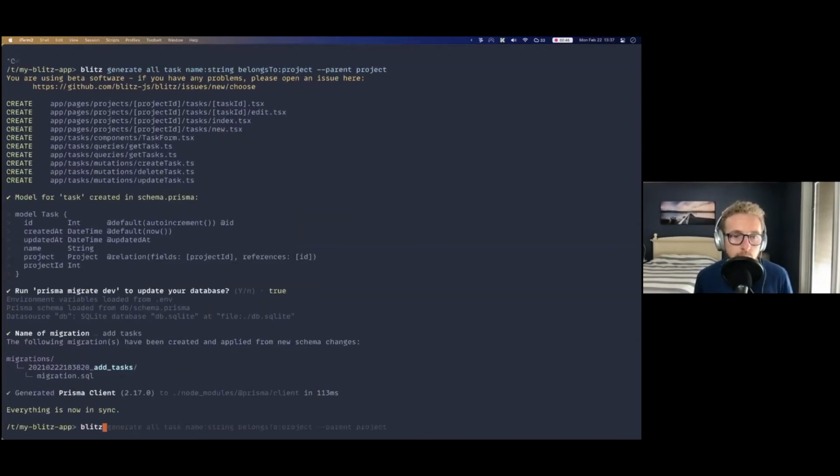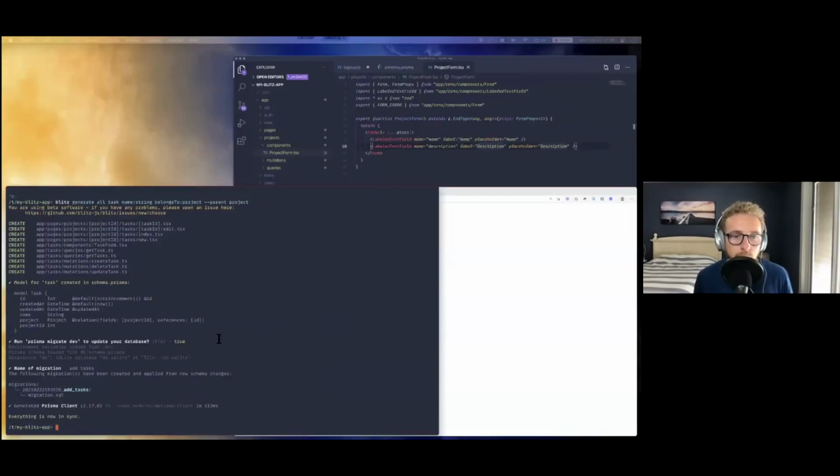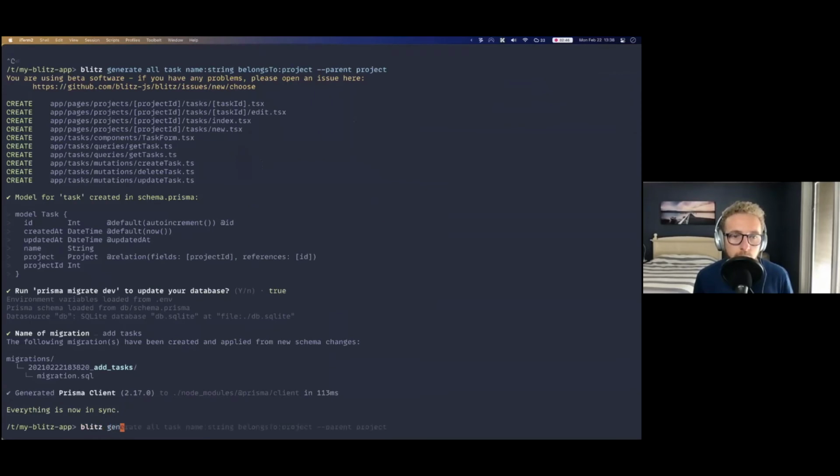Okay, and now there's actually one more thing that we need to do, which is Blitz. Actually, you can just run Blitz.G. So all the CLI commands have an alias of the first letter. So you can run Blitz.G instead of Blitz generate. So Blitz.G model project, and we're going to add